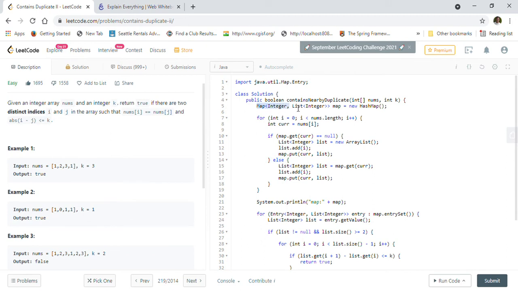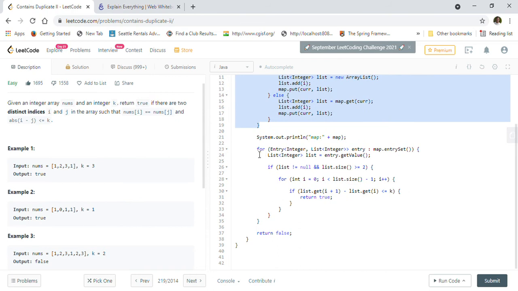So first we are creating a map of integer and list of integer here, and here we are iterating the array nums, and we are populating the map entries, right? Whenever there is no entry, we will create a brand new list and we will add the index and we will put that entry into the map, right? The number and the list. If the list is already there, then we will just add the index into the list and again we will put that list back into the map, right? So once this for loop is done, then our map is ready to use.